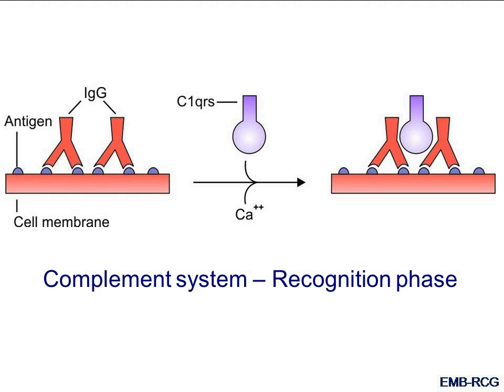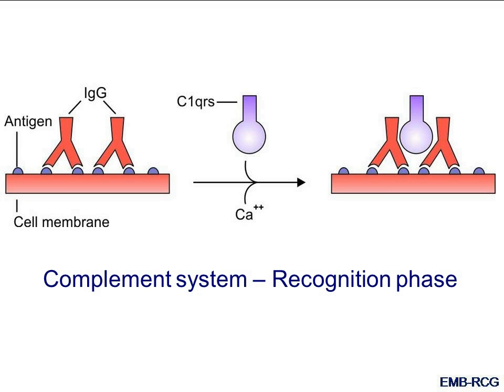So we have this bacterial cell, this is the cell membrane. These are the antigen molecules which are present on the surface of the bacterial cell, and these antigen molecules attract the complementary antibodies. In this case, the antibody is IgG. So this IgG, we are seeing two molecules of IgG bound to the antigen molecules on the surface of the